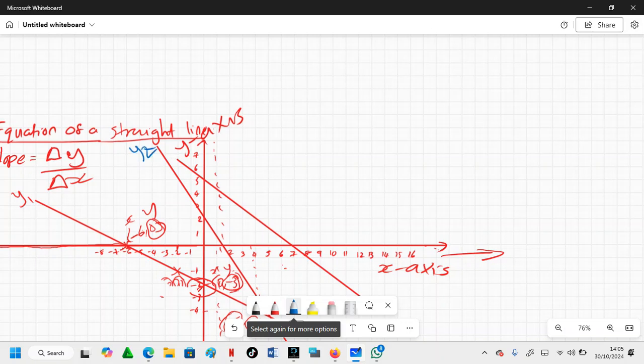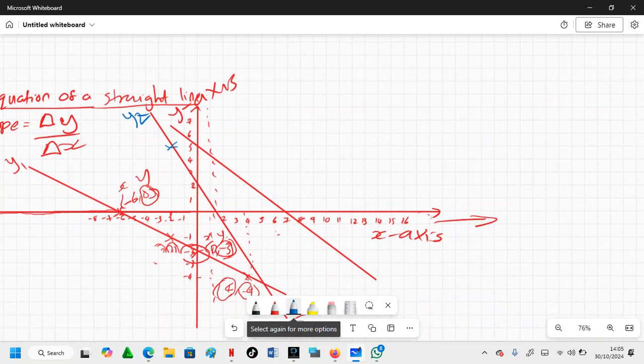Let us call this line y2. And then we can just again do the same thing. Just pick any 2 points from the line. We are going to pick that point, then which other point? You can pick this point. Okay. Now for this point, x is